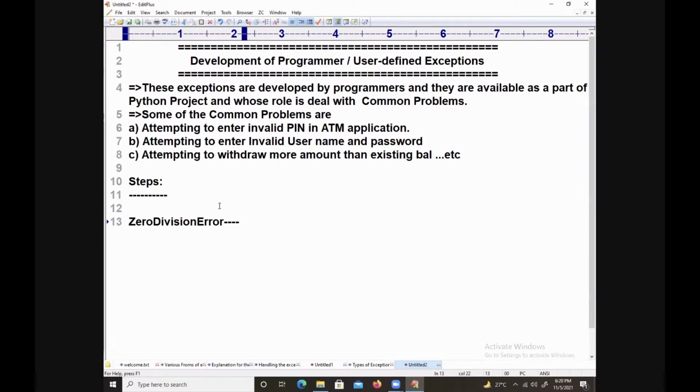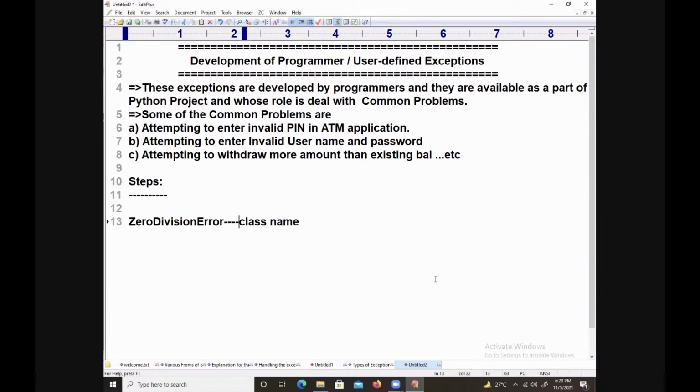There are three important steps here. What is this called? No. All of you should understand. What is zero division error? No. Those who said it, that is a wrong answer. Yes, John, it's called a class name. It is an exception class name. I told you that it is one type of class name.